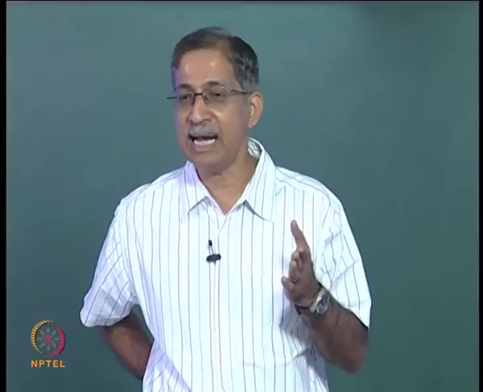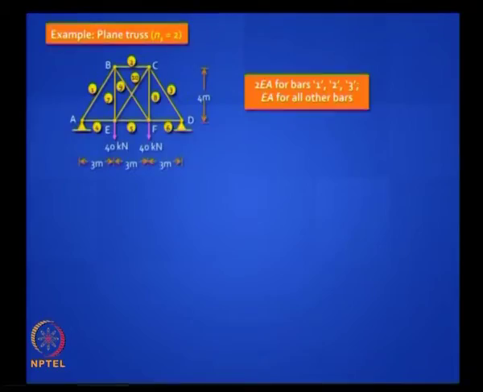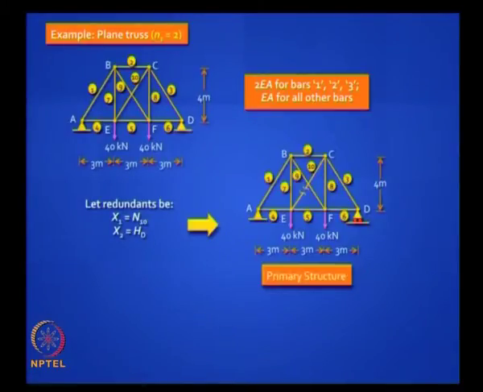Internally you got an extra diagonal, can you see that? So you can choose, so that is what you do. So you can choose one of those diagonal forces as one redundant and a horizontal reaction maybe at D as another redundant. So your primary structure will look like this, clear? You have made a roller support at D and you cut the bar 10 in this case, and the forces, if you want to insert them, will be x1, which is the tension in that bar 10 which you do not know, and the horizontal reaction we are calling x2.